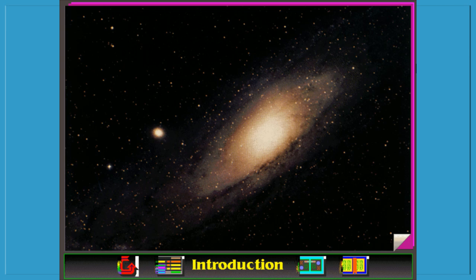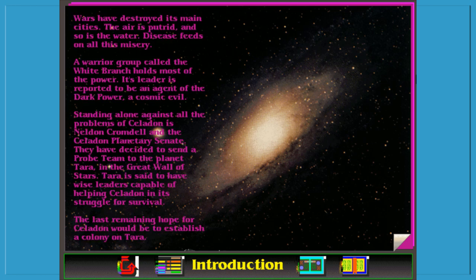Deep inside the Andromeda Galaxy is a planet called Celadon. Celadon is dying. Wars have destroyed its main cities. Famine steals what energy people have left. The air is putrid, and so is the water. The population is so large that there is never enough food, clothing, or housing. Disease feeds on all this misery. The warrior group called the White Branch holds most of the power. Its leader, a vicious and brilliant man named Acton, is reported to be an agent of the Dark Power, the cosmic evil. Standing alone against the White Branch and all the problems on Celadon,